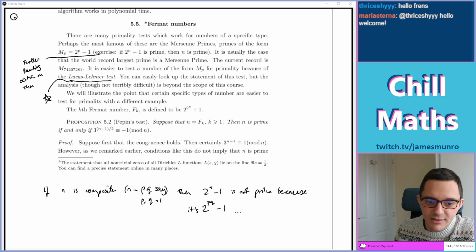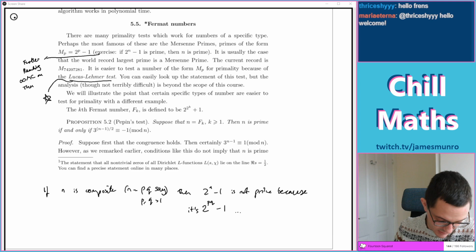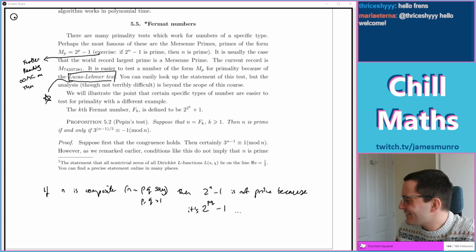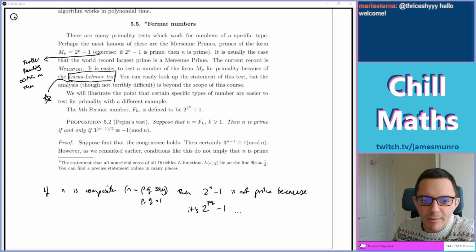Right, here's a different one. So this is the bit that I would really like to understand because it's related to the rest of the course notes. So these things are things for me to go and look up, right? The statement of this test, and look up some Mersenne prime stuff. But the thing down here I happen to know is related to the rest of the lecture notes. So if I get stuck, I can read backwards and find out what's going on. It's quite often the case with this kind of learning from lecture notes that you find something and realise you need to go back and understand it a bit more. I've jumped right in on page 33 because that's the page with Fermat numbers.